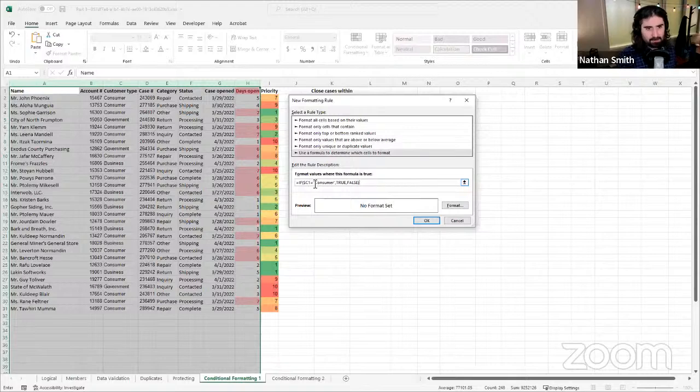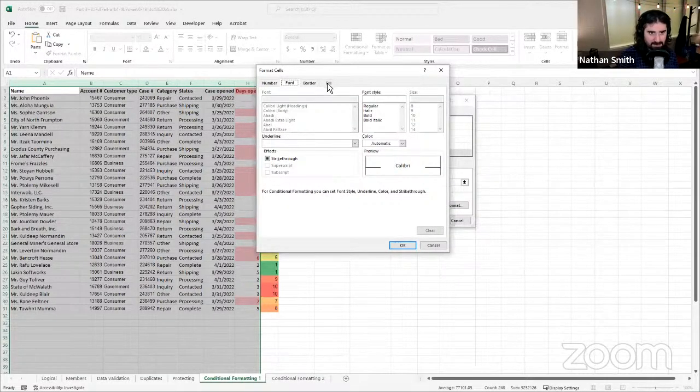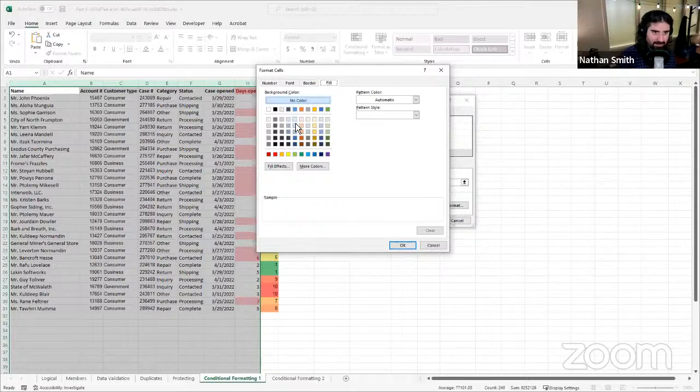So C1 equals "consumer" in quotation marks. Basically what that says is consumer is what's written in that cell. And if that's the case, then our value if true is just TRUE, and our value if false is just FALSE. If it turns out to be true, in other words, that consumer is written in cell C1 or C2 or C3 or C4 or whichever row we're on, then we're going to change the look of all these cells on that particular row. So I'll click Format, and I'm just going to fill it in with, say, light blue